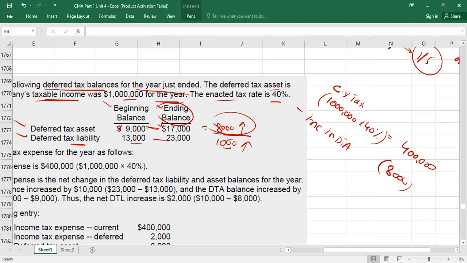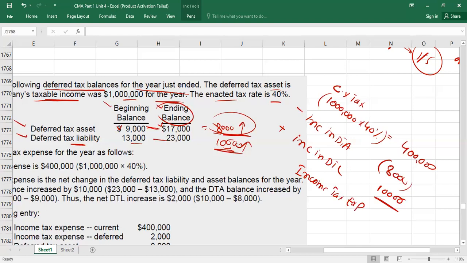Why do we deduct? Because deferred tax asset has increased. It means the asset was debit and tax expense was credit. Now look here. Deferred tax liability has increased by 10,000. So what will you do whenever deferred tax liability is increasing? We will add, because liability will be credit since it has increased. Debit will go to expense, so that is why the expense is increasing. So we will add an increase in deferred tax liability, by 10,000. If you do plus minus, this is going to be your income tax expense